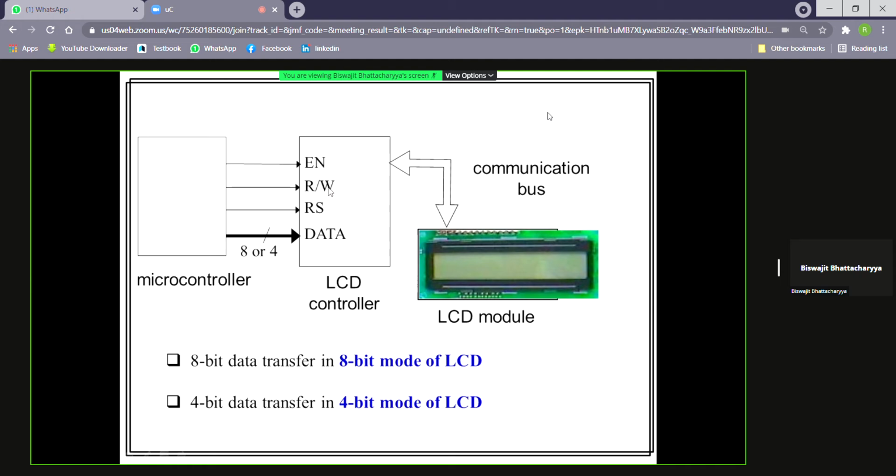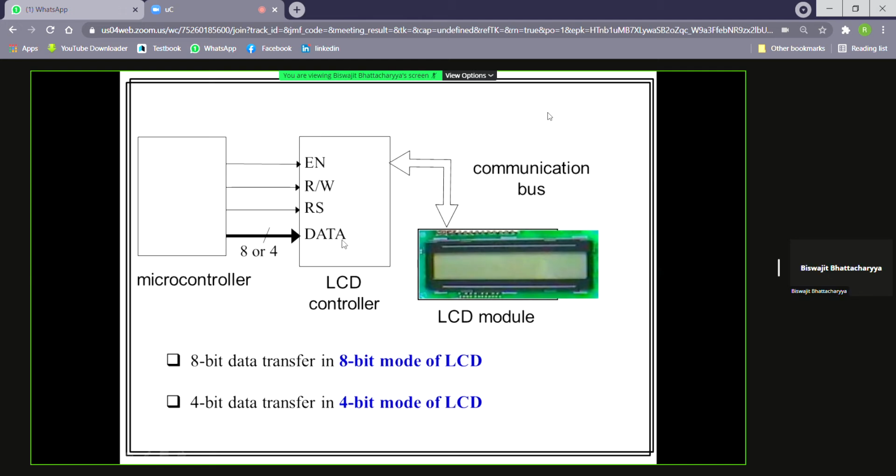In general, the 8-bit data bus is there, but we can use either the entire 8-bit data bus, or we can use only a 4-bit data bus. Only 4 bits will be used. That is this particular thing.